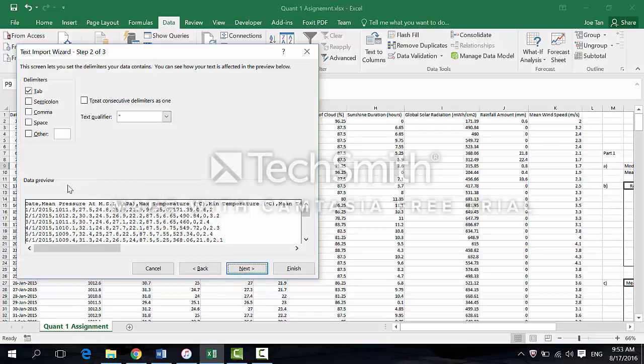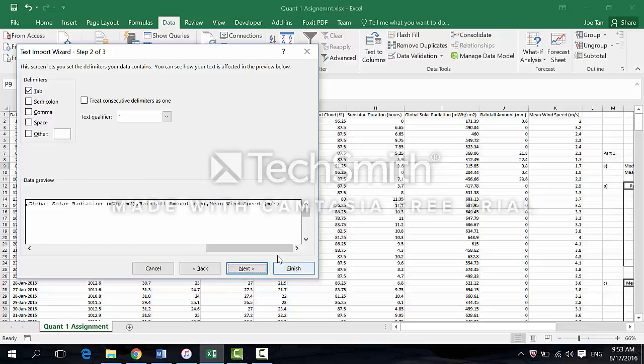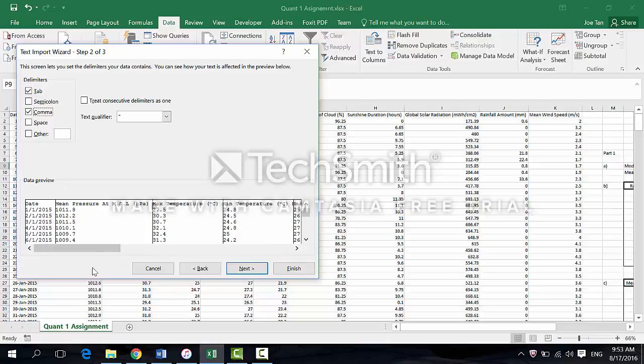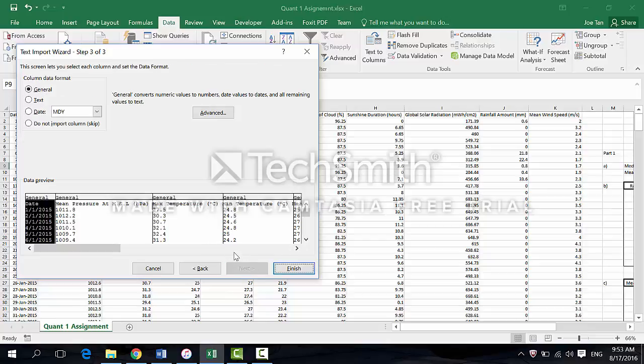And how am I going to separate it? Because the data will be like that. So I'm going to separate it by doing comma, selecting the comma. So by selecting comma, it will help me separate the data, the date, and all the data according by its category. So I'll click next, and from here I am able to see,